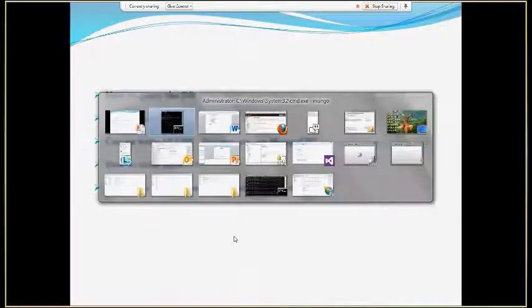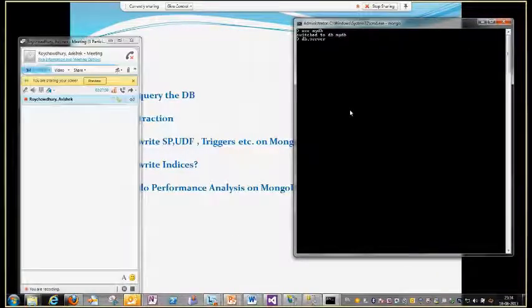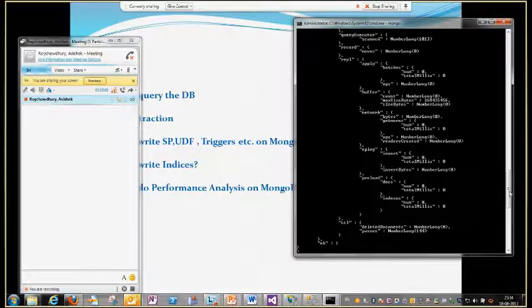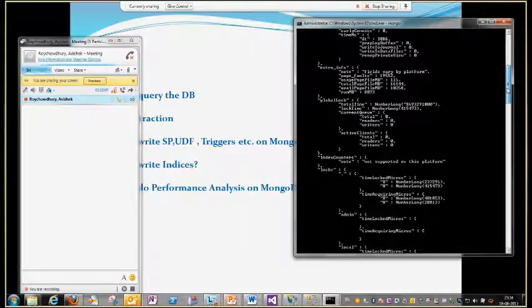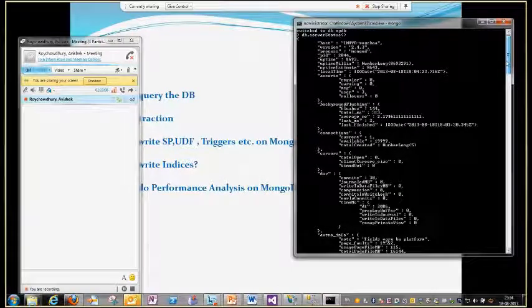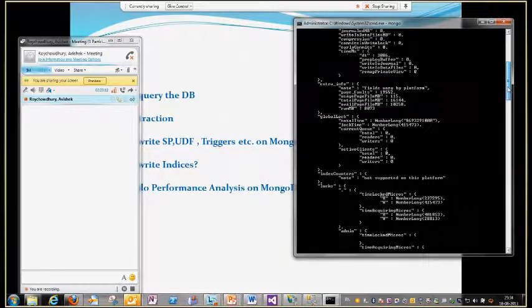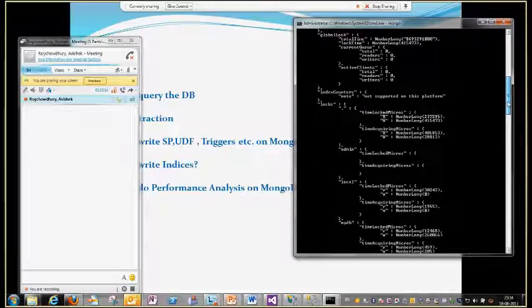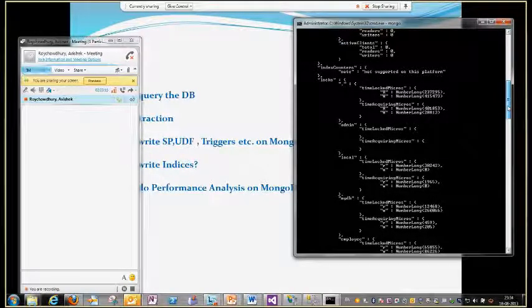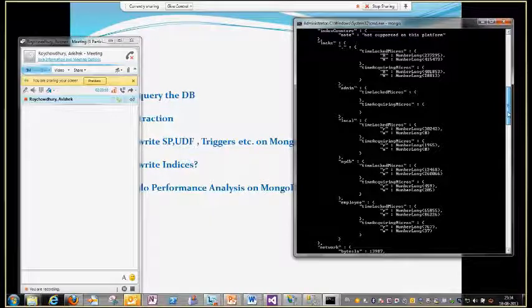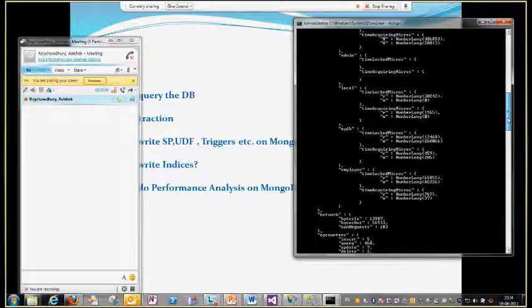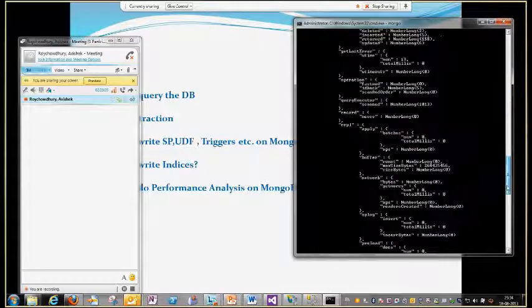How to do performance analysis on MongoDB. The db.serverStatus command actually gives you the total status of your server, you know, how many connections are there, how many locks are there, on which databases. So read lock and write lock, everything will be there. And one more thing,